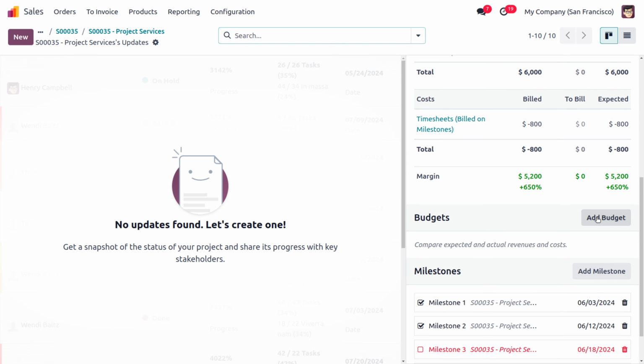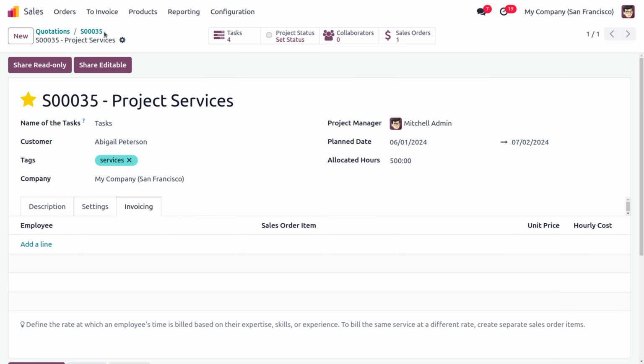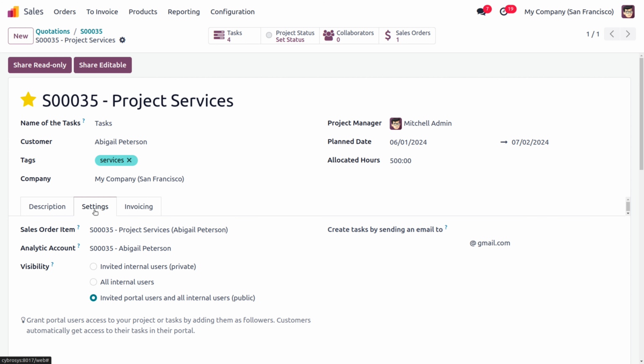And also what you can do is add a budget. With that, inside the project you can find an analytic account, 0035 MPK Patterson. That is, whenever a task has been generated through a project, an analytic account with the same name as the project will be created automatically, and inside this all the invoicing amount